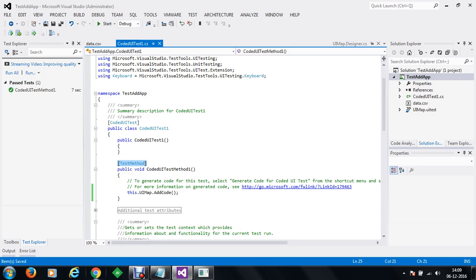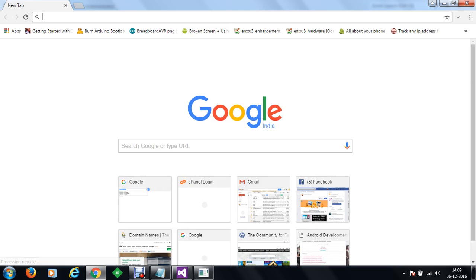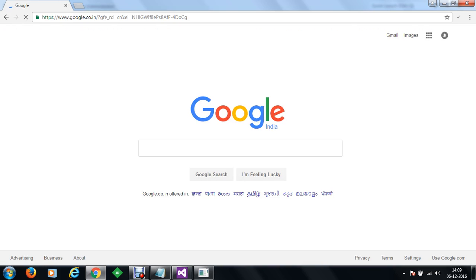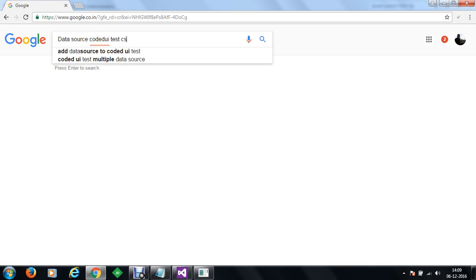So what we can simply do is, let's open Chrome, let's go to Google, and we can simply search for data source coded UI test CSV.